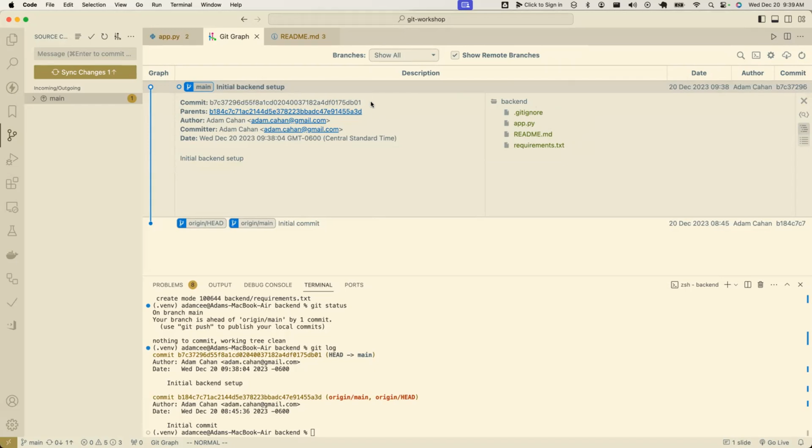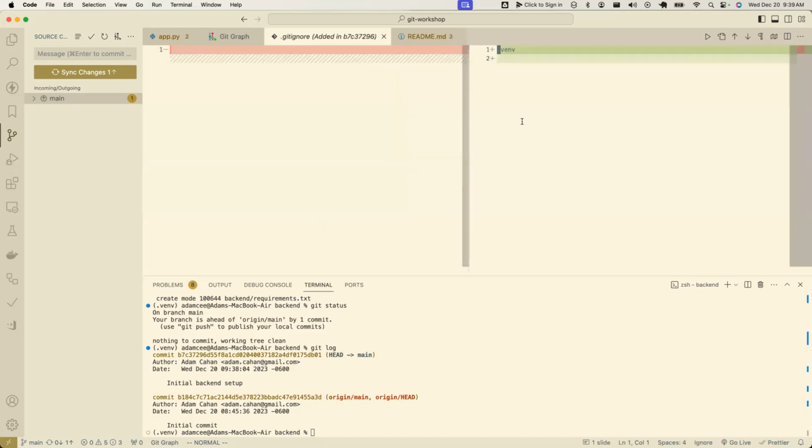We have the commit hash here, which is a unique string that represents this commit. The parent is the hash of the previous commit, because Git uses a linked list approach to link these commits together. You can see who wrote it. This comes from our Git global config settings on our computer. We see the commit message, Git stores the date, and we have a really nice visual interface that just shows